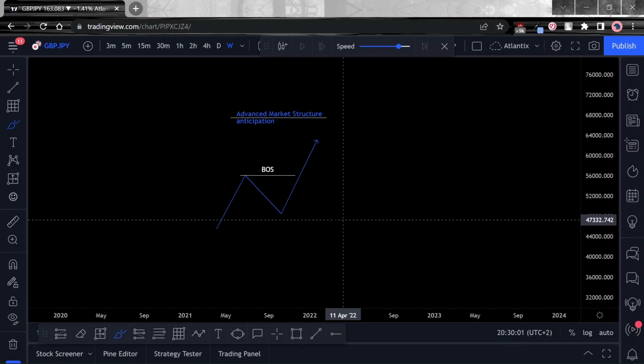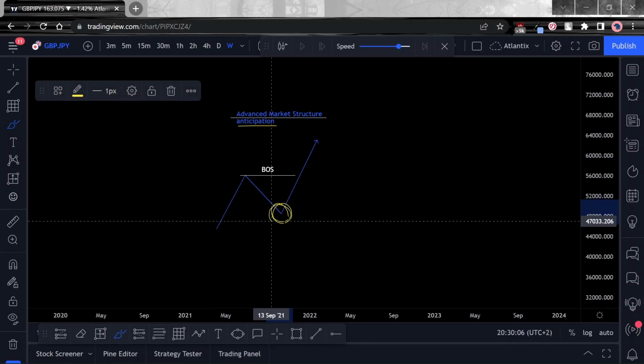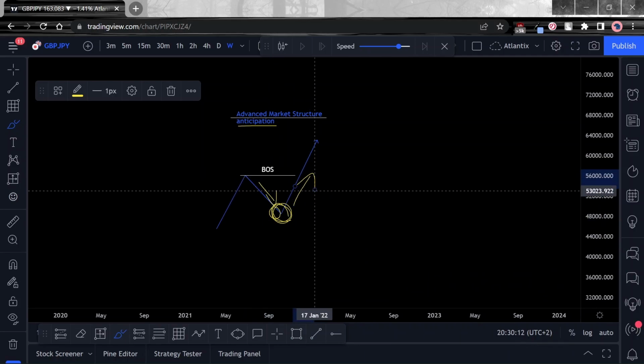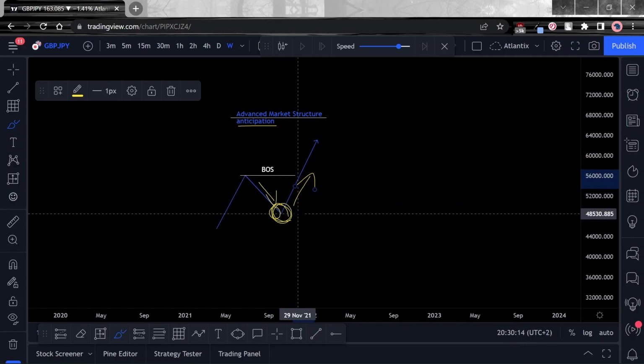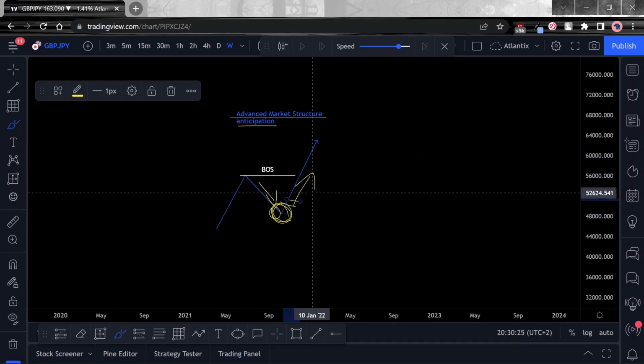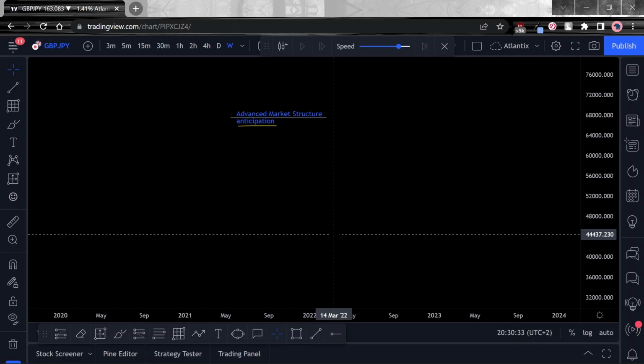So where anticipation comes in is that we are trying to catch this trend as it changes from being bearish to being bullish, and we want to anticipate the change as it happens, take a cue from the market by means of market structure, and join the move as it goes in terms of internal structure for a higher time frame external structure move. Okay, I hope that's clear enough. So that's why we want to talk about advanced market structure today.